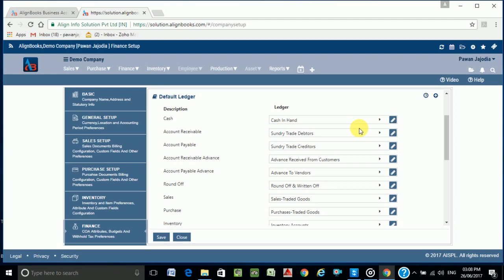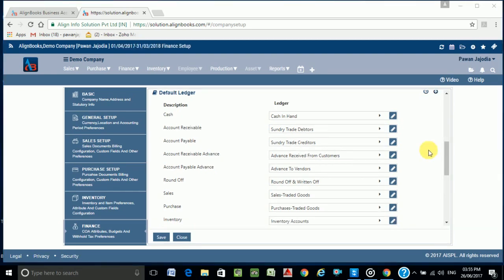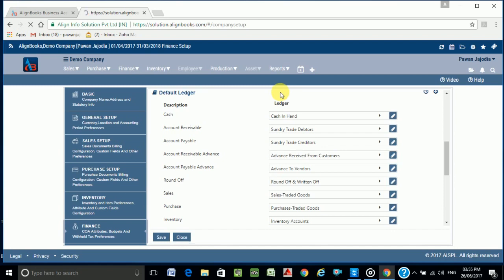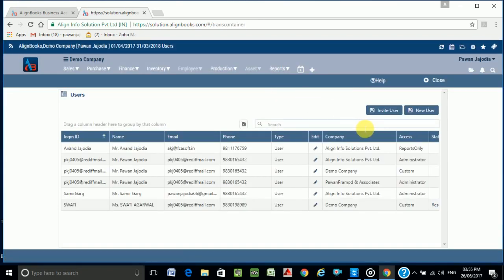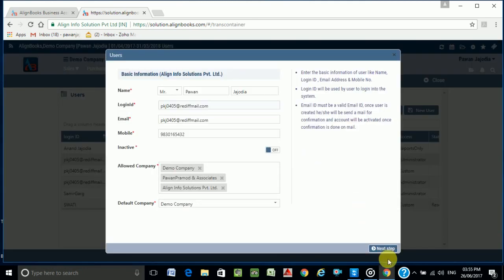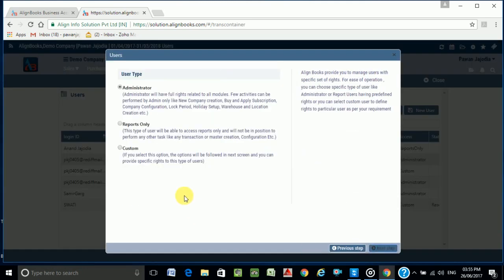If you still wish to amend the links to meet your specific requirements, you can easily do that here. Now we will have a look at some other important setups. User management. Under this module, you can create a new user to allow access to a company's data and reports. At any point in time, you can edit a user profile and change the profile details, redefine and restrict rights